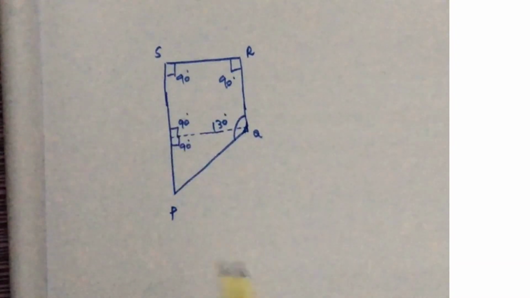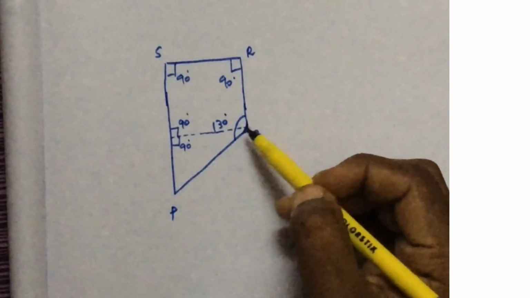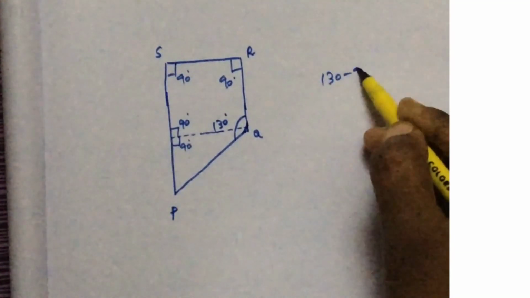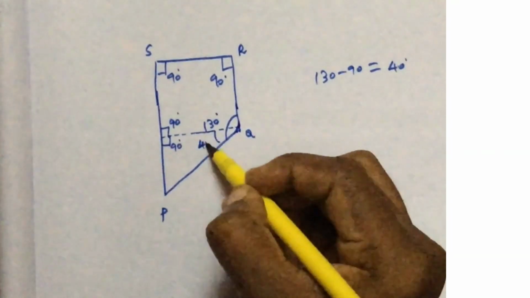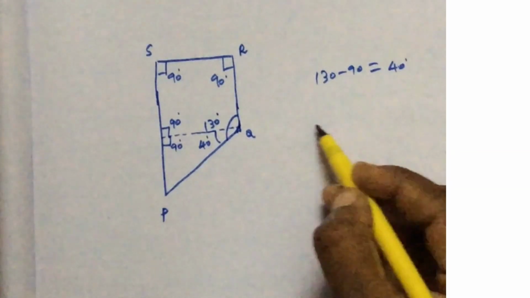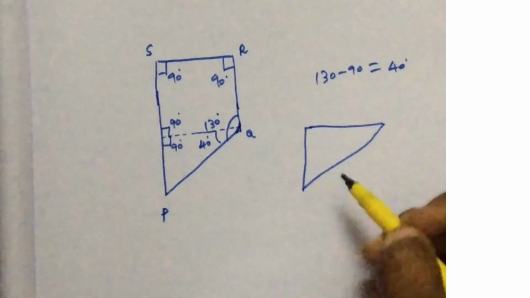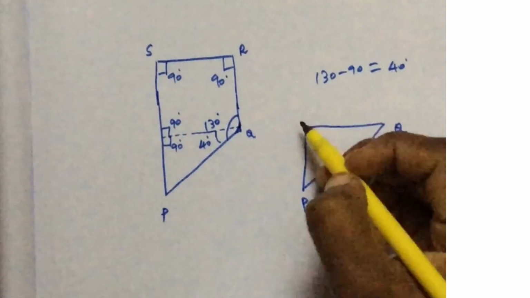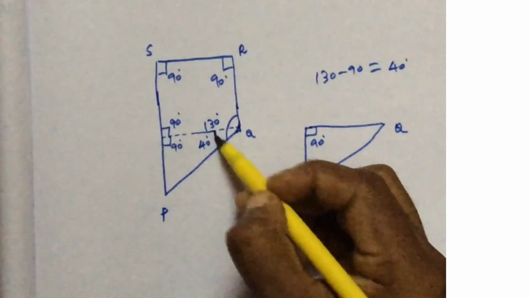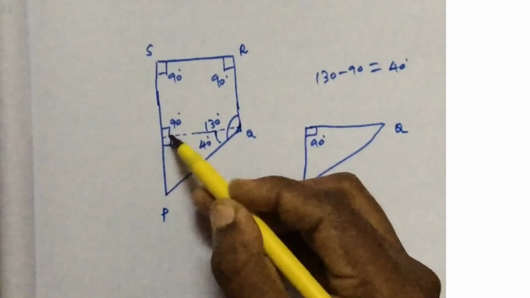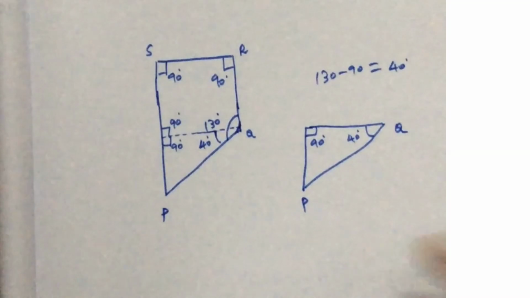Totally it is 180. So from here this top portion is 90. So 130 minus 90 is 40, which means this lower portion is 40. I am just drawing the lower portion. This is P, this is Q, and this is this point. So this is 90. Only this lower part I am drawing, this triangle alone. This is 40. The remaining 90 is at the top.